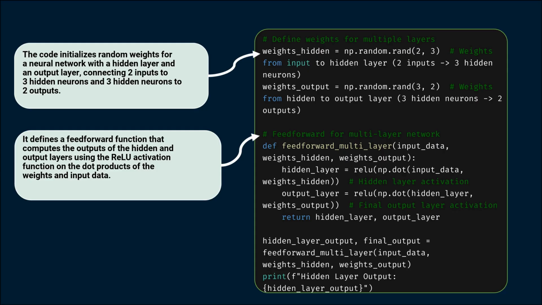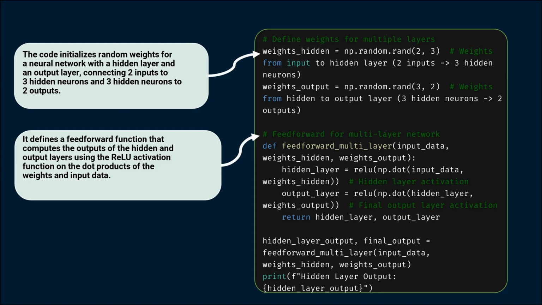Finally, the function returns both the hidden layer's output and the final output, allowing us to inspect the flow of data through the network and see how the model transforms the input into various representations across layers. This structured approach not only highlights the computations made within the network, but also emphasizes the importance of layer-wise transformations